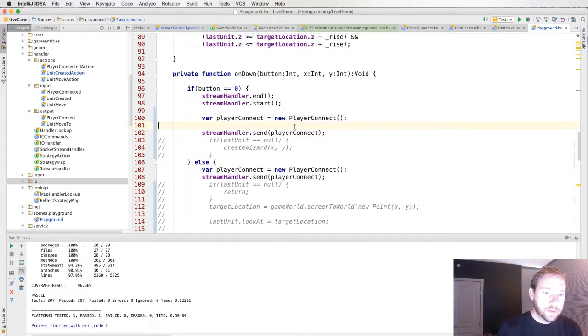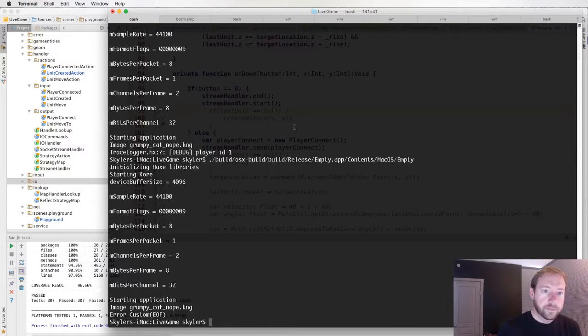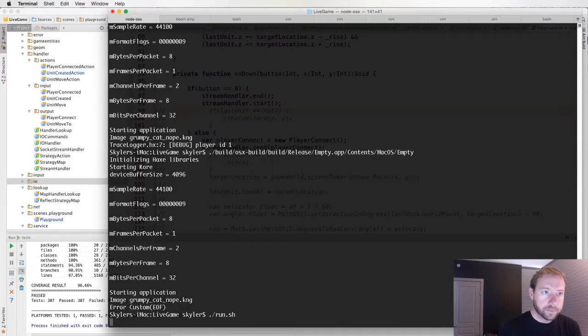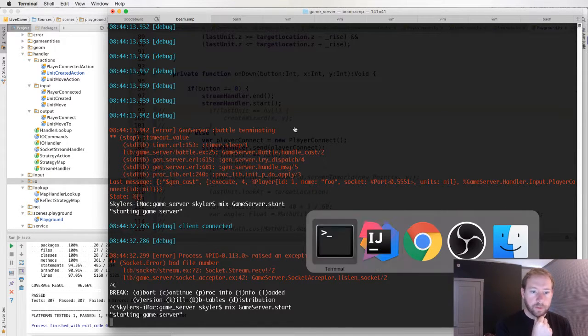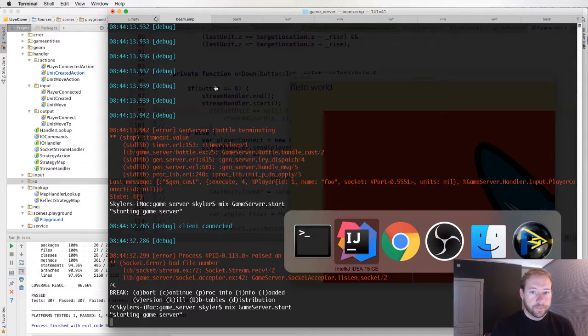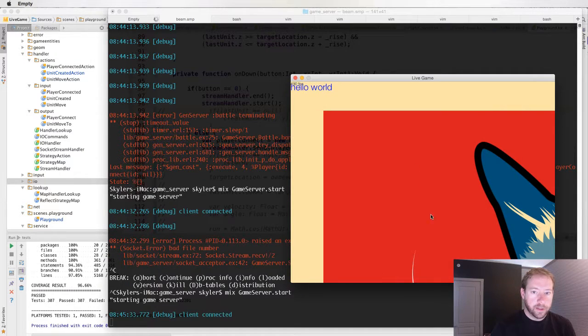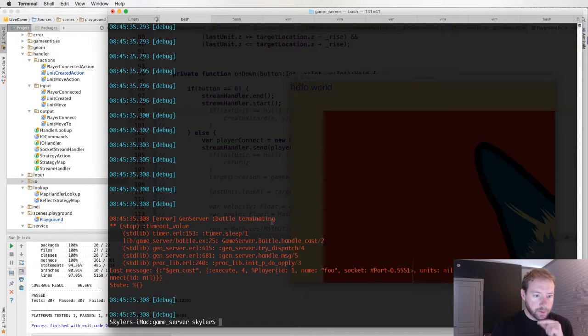So let's go back to this setup. Starting game server. So in this case, we do left click to connect, right click to join. And so here,